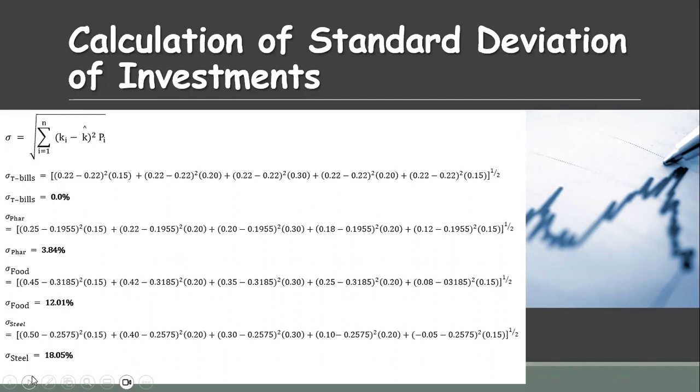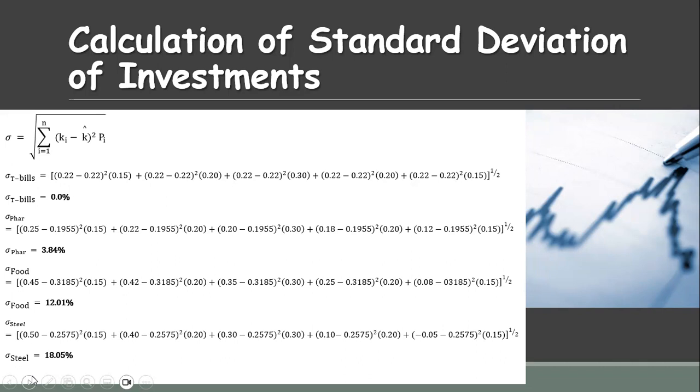In case of pharma, during the first economic scenario, the return is 25%, and it will be subtracted from the expected return, that is 19.55, squared and multiplied by 15%. Similarly, 0.22 minus the expected return, squared, multiplied by 20%. In this way, you are going to calculate the standard deviation. The standard deviation for pharma comes to 3.84%. Similarly, in case of food, the first return in boom is 45%, and it will be subtracted from the expected return, that is